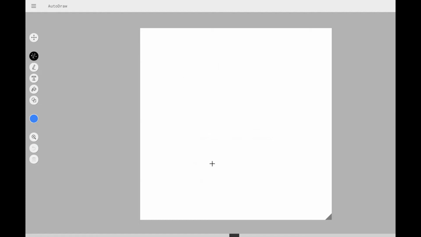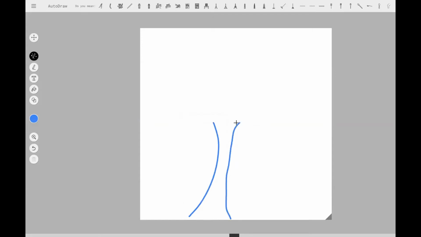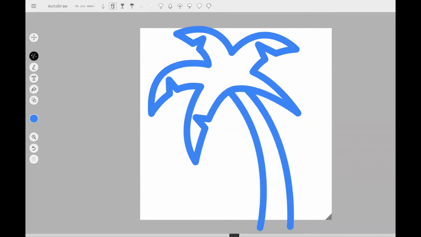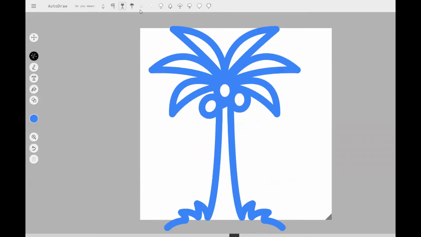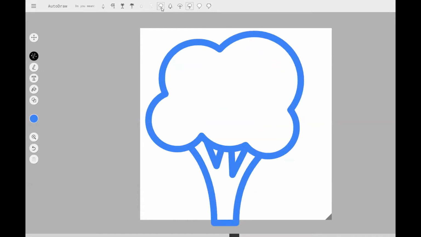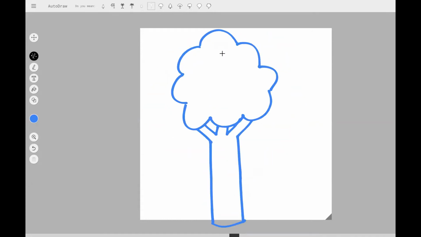And what we will do is I'm going to try and draw, well, first of all, I'm just going to draw, and if you look at the top of this screen, the computer has figured out, it says, do you mean tree, palm tree, mother palm tree, a Christmas tree, or any of these kinds of trees? I like that one a lot. So I'm going to stick with this tree.